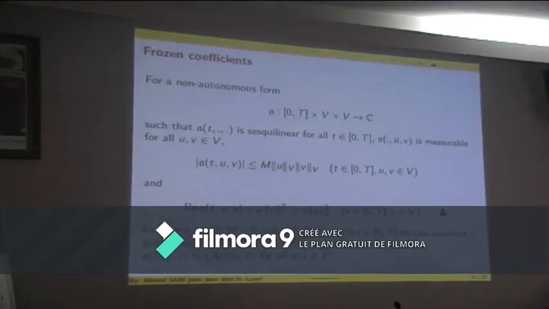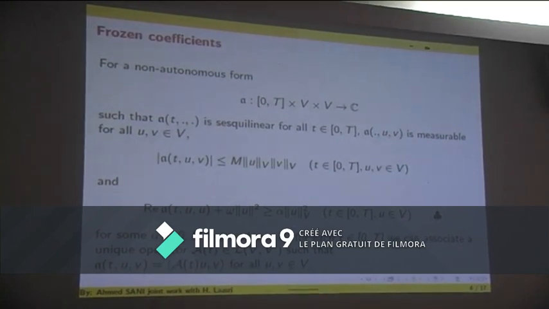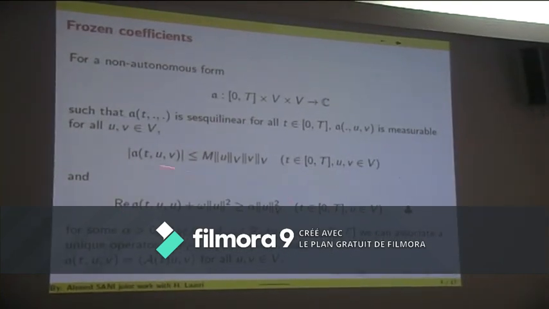Alors, I recall some definitions as we have seen in the morning. The sesquilinear form is bounded, that means it is bounded, the continuity, and the uniform continuity with the same constant M for each t. Here, the coercivity, as was written and explained in the morning, but here, in the third slide, I will explain why